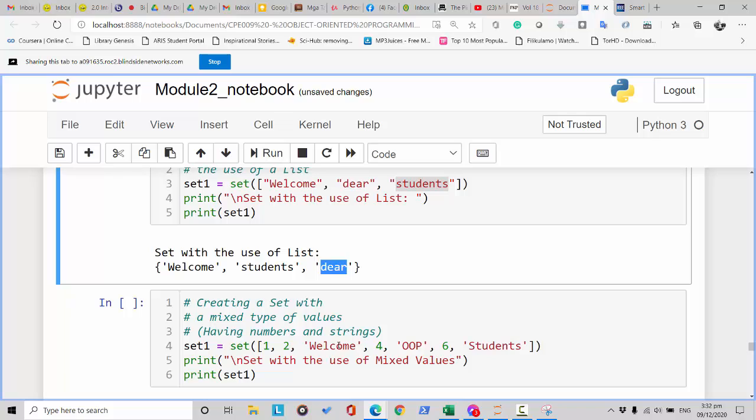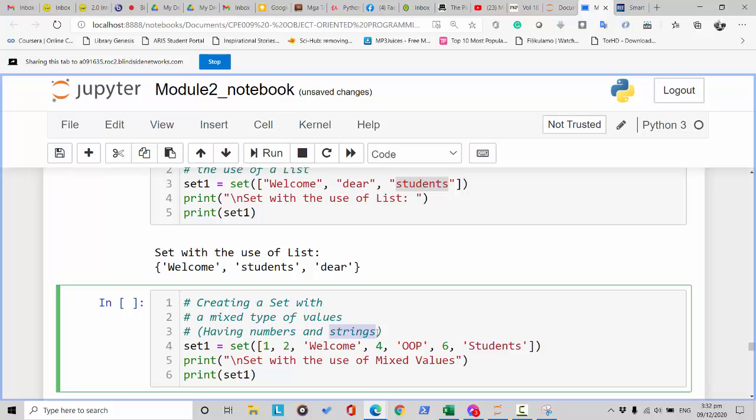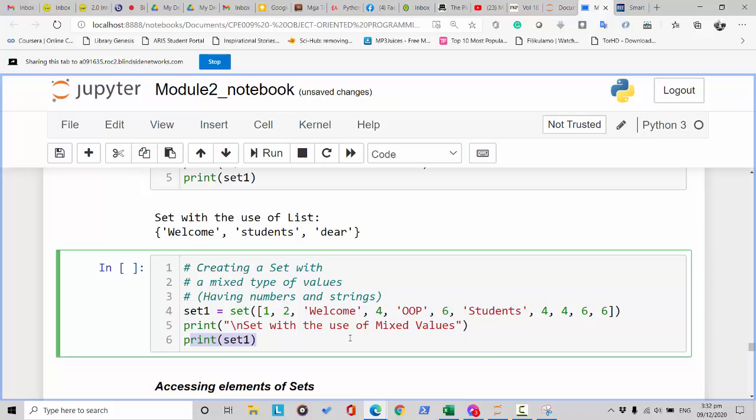Okay, let's try to create a set with mixed types of values. For example, we have numbers and strings. Now let's say we have 1, 2, 4, 6. Let's try to add more numbers. For example, we have 4, 4, and 6, and 6. Since they are duplicates, when we print this set, it will not print the duplicates, but rather it will only print the original value. It doesn't matter how many 4s, how many 6s you have, it will only print one 4 and